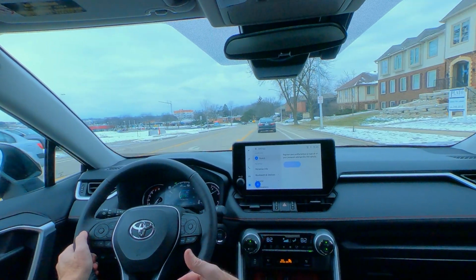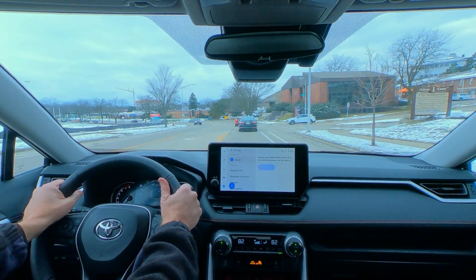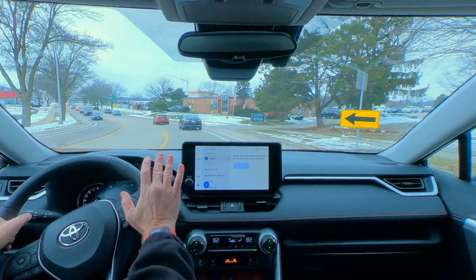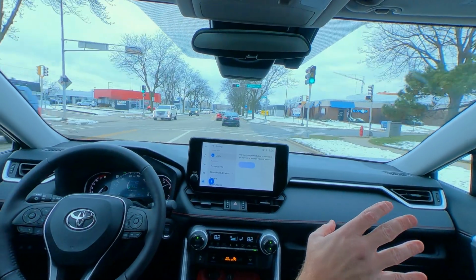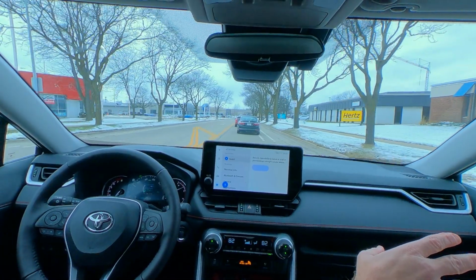So for me, it feels a little bit more rugged than, say, the XLE or the limited edition, and that's by design on here. One of the things that I really appreciate with what Toyota's been doing on most of their vehicles is they've oversized the outside mirrors. So on this vehicle, these mirrors on the outside are power operated. They're also heated outside mirrors,